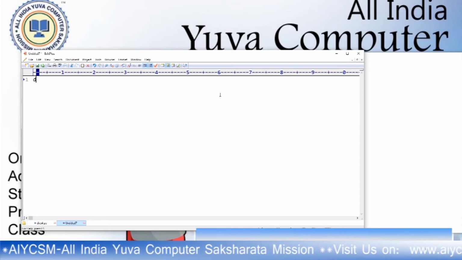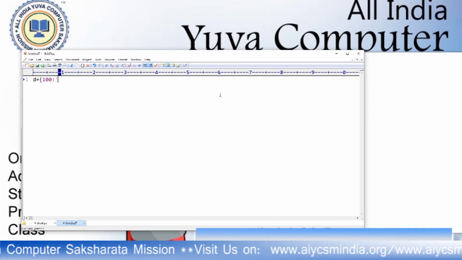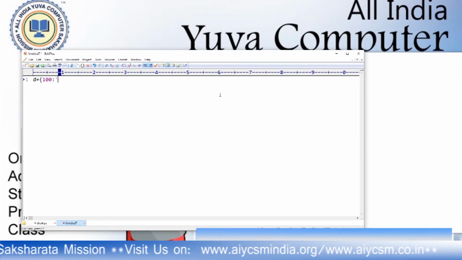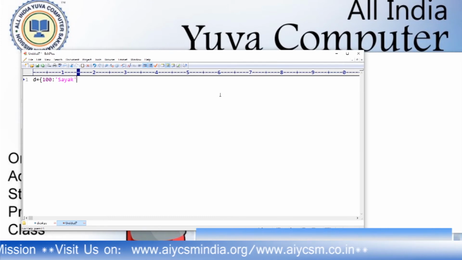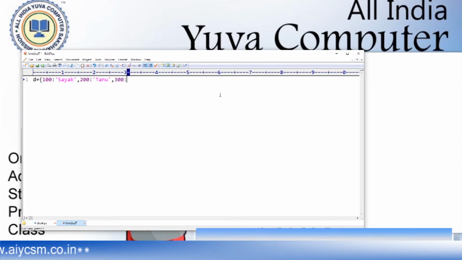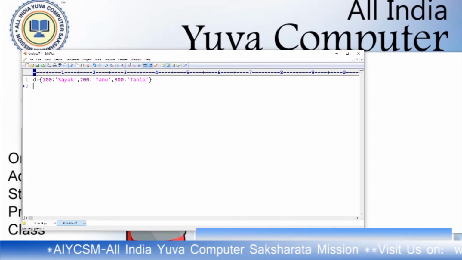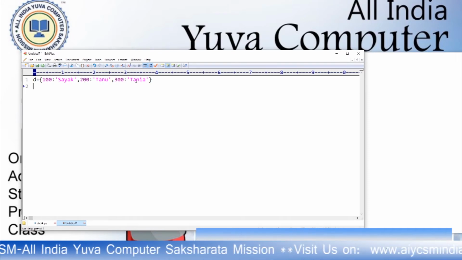If your dictionary has this value, D equals to 100 colon Shayok, this is my name, 200 colon Tanu, 300 colon Tania. This is my dictionary actually. This is one item, this is the key, this is the value, this is the key, this is the value for the second item, this is the key, this is the value for the third item.